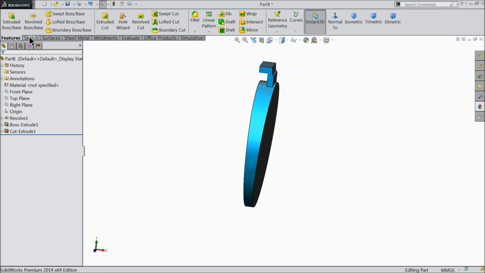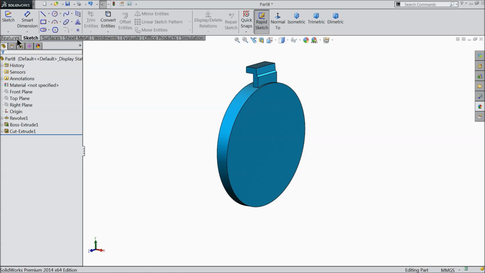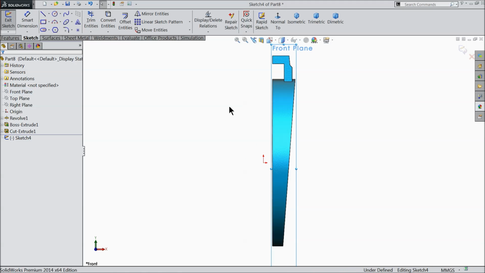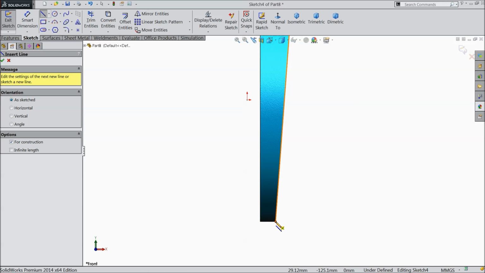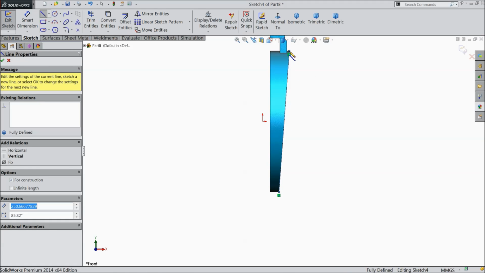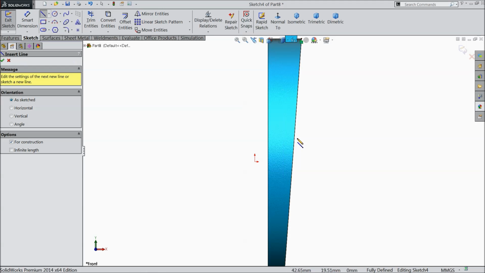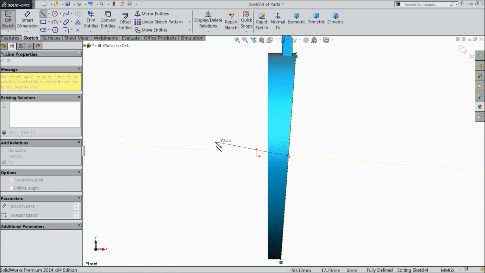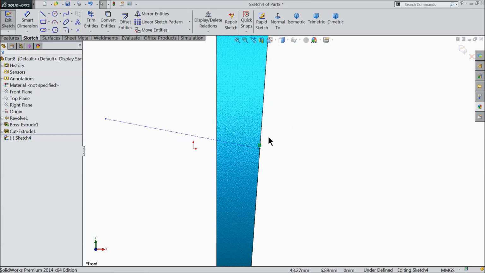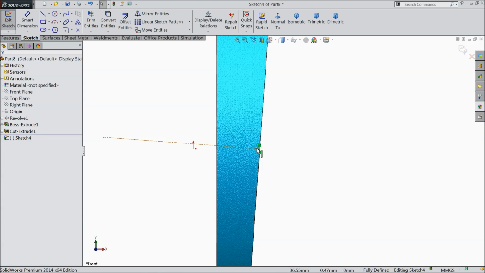Now this is another, we want to cut some circular edges inside, so choose again front plane sketch. First draw a center line, this point to this point. Now just find out the midpoint. Okay, exit. Now select both the lines and define tangent relation. See here,